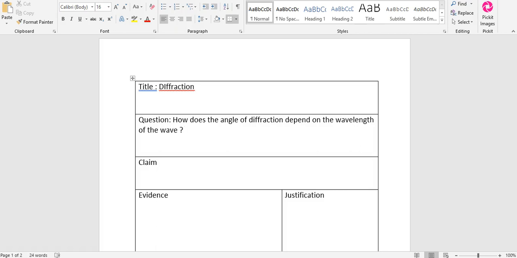So the question is normally written as investigating the relationship between 2 given variables. So you can always state it in the form of, how does variable A affect variable B? And in this situation, the claim always is going to answer the question. So when you want to write a claim for this, you can say, as the wavelength